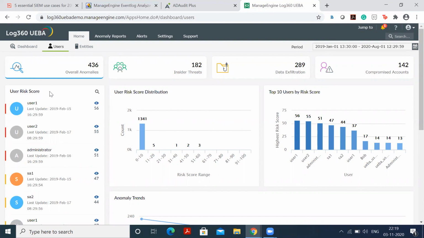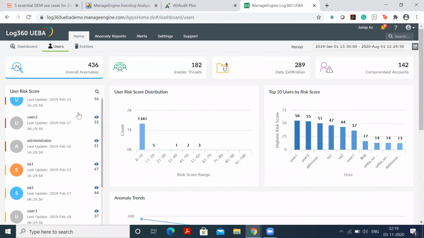And these risk scores are computed based on the unusual behaviors that have been detected on these users and systems. So you can see that most of the users in this case have a low risk score in the network, and a few users have a relatively high risk score that gets reflected here on the left